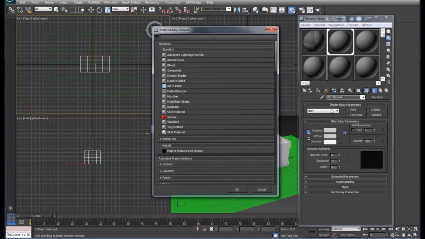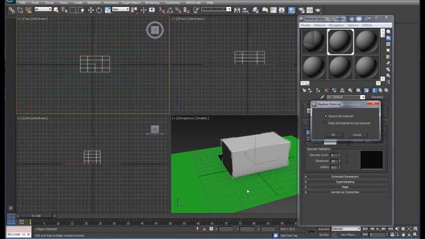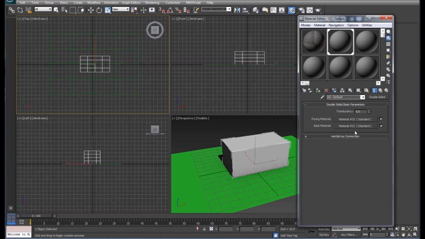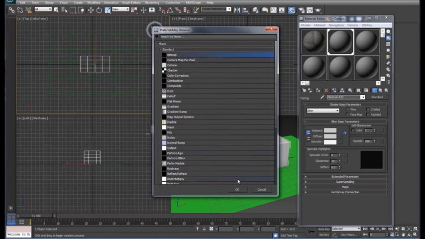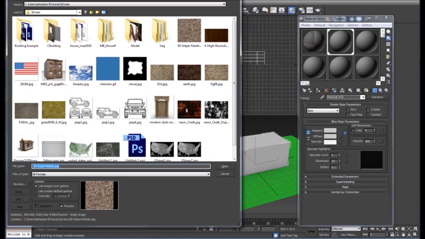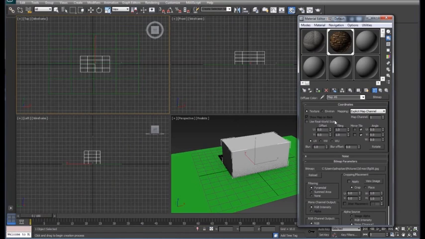And over here in our standard, this time we're going to go to double-sided, click OK, discard old material, and again here we have 2 materials just like the blend, only this time our facing material is going to be one side of the box and our back material is going to be the inside of the box. So we'll go ahead and set this up just like we did before under diffuse and bitmap, and we'll choose this block, turn that on. You see the blocks here,